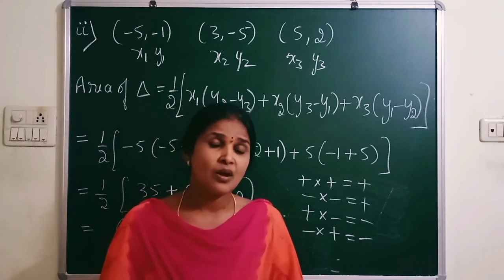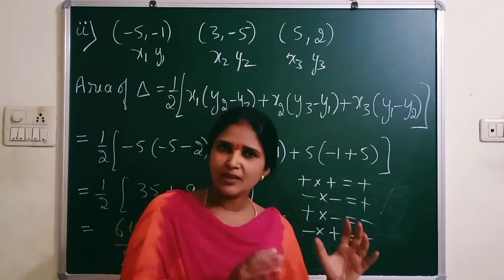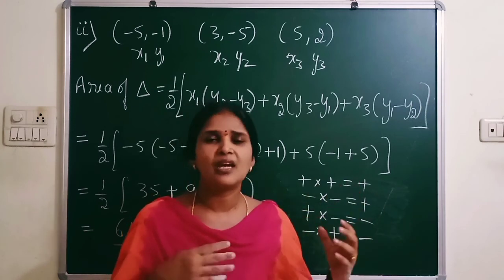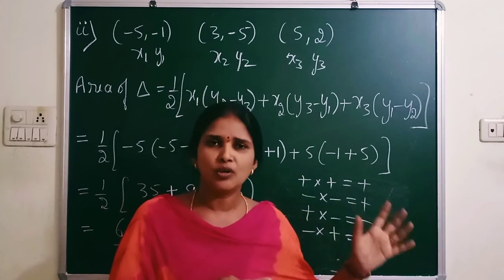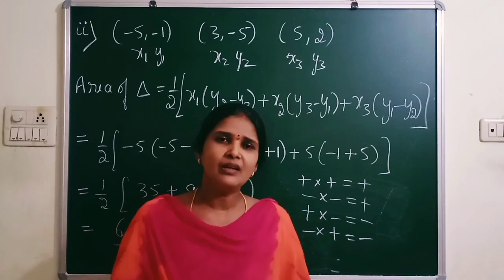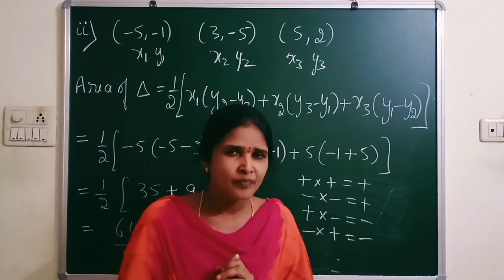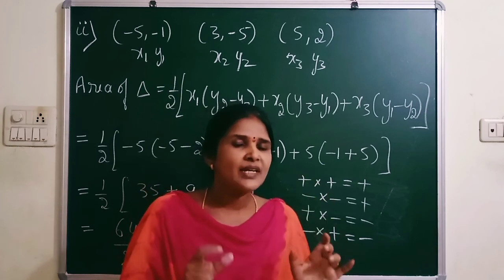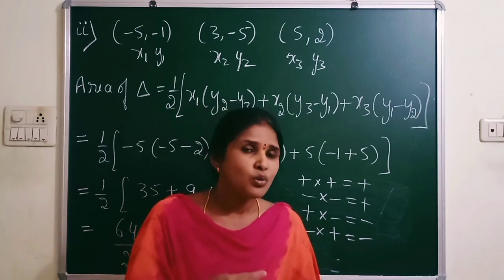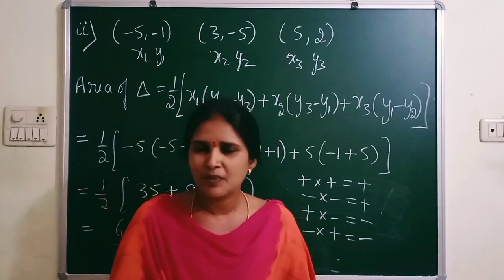But you can ask, Miss, why again collinear concept in triangle? So the collinear concept is the same, but the way of using it differs. We can prove the points are collinear both using distance formula and also using area of triangle. Already we learned how to use distance formula to show the points are collinear. Can you recall back? Yes. When sum of two sides is equal to third side, then we say that the points are collinear. But how can you find the collinear concept in case of area? That I am going to explain in the next session.